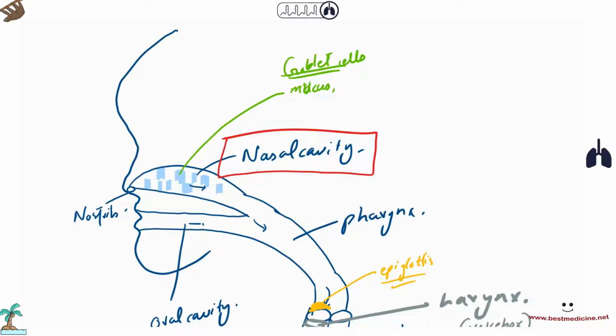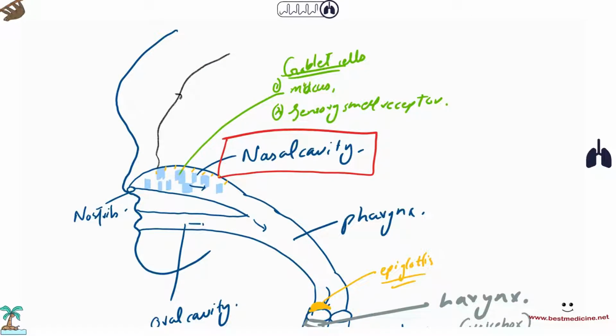Secondly, this mucus, because it's sticky, is able to trap any dust particles and any flying bacteria. The other function of the nasal cavity is that it has sensory receptors that are able to sense smell. At the roof of the nasal cavity, there are sensory smell receptors which detect the sensation of smell. And whenever you smell something, these receptors give off electrical impulses which